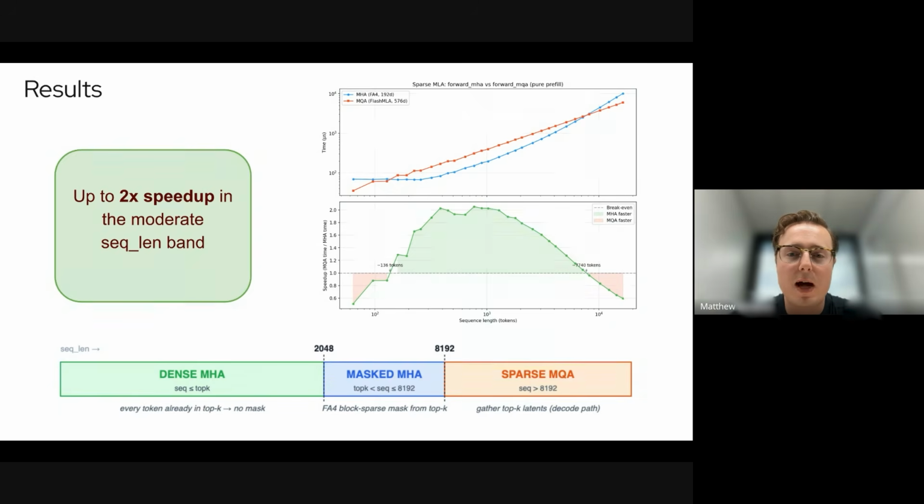On the top plot, you can see the blue line corresponding to MHA and the orange line corresponding to MQA. As you get to longer and longer sequence lengths, you eventually hit a threshold around 7740 where MQA starts to be better. But below that, there's a region where MHA is faster, and it can be up to 2 times faster. There's actually a second threshold down at the very bottom, very short sequence lengths, 136 tokens, but